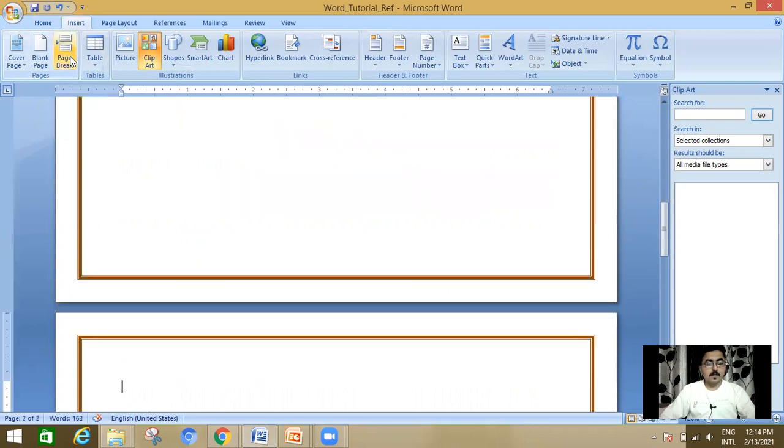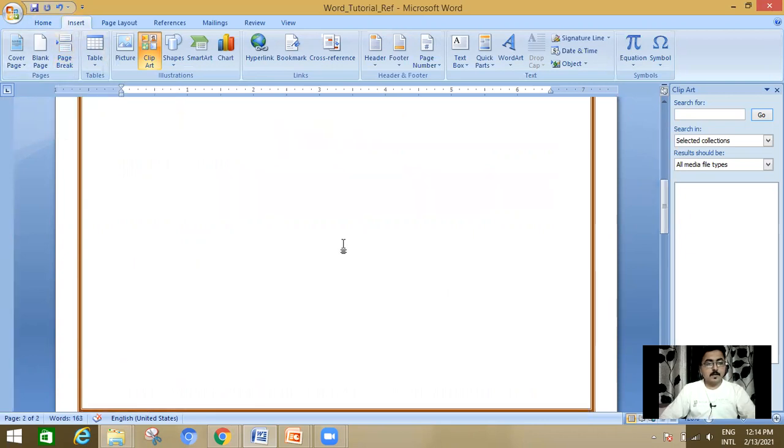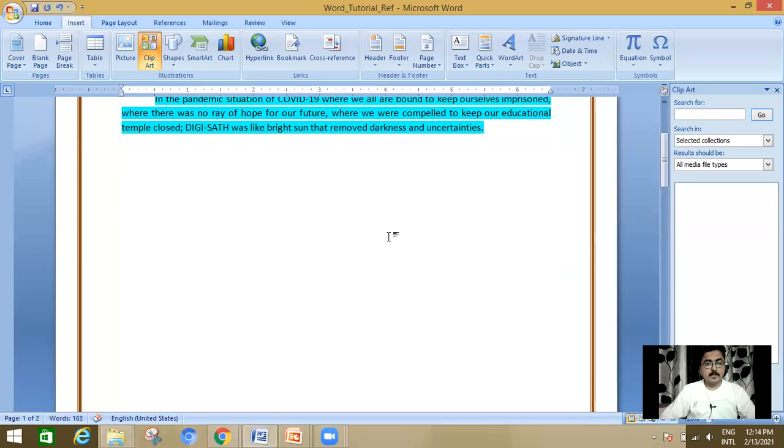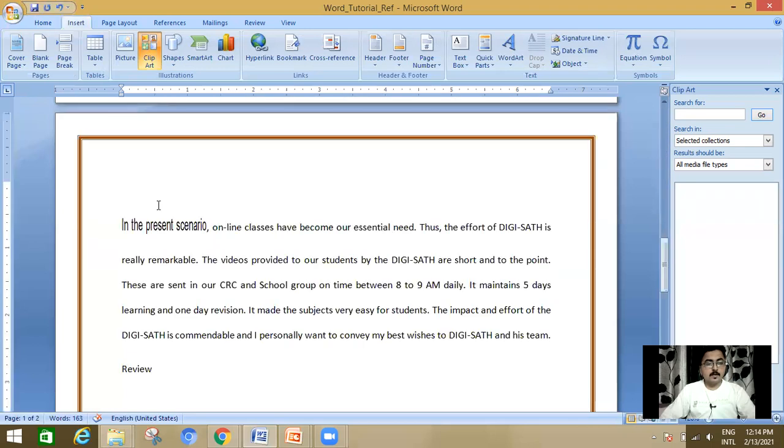You will see the upper portion is on the previous page, and after the page break, all other contents appear below. I think it is very clear to you.